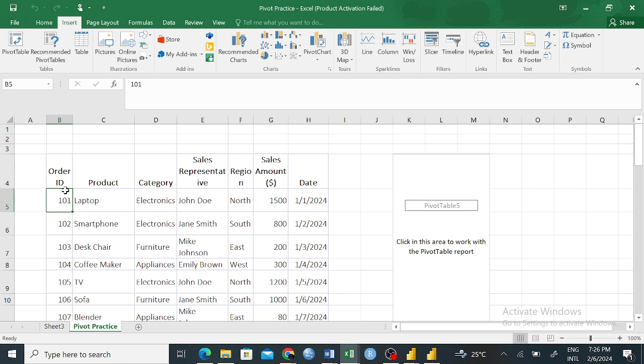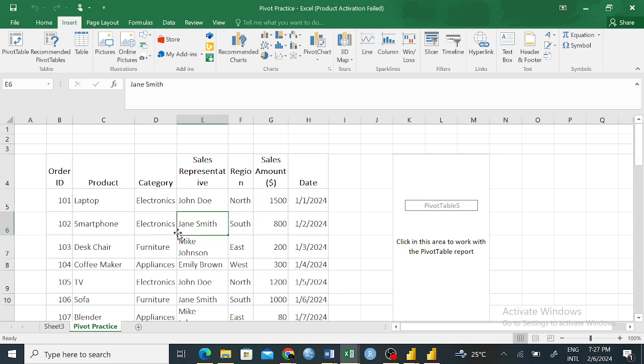Products will be having different product IDs. Maybe that is not included here, but you'll find that a laptop is having a different product ID. A coffee maker is having a different product ID, right? So if somebody is ordering different products at once, maybe we can give them the same order ID. So you ordered a laptop, a coffee maker, a sofa, a blender, all those products have different product IDs, but because they were ordered by the same person, we will give them order ID number one, maybe order ID 1012,